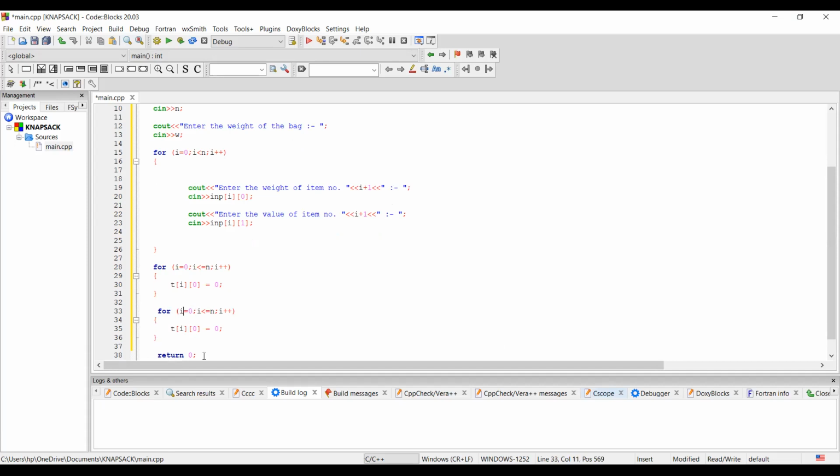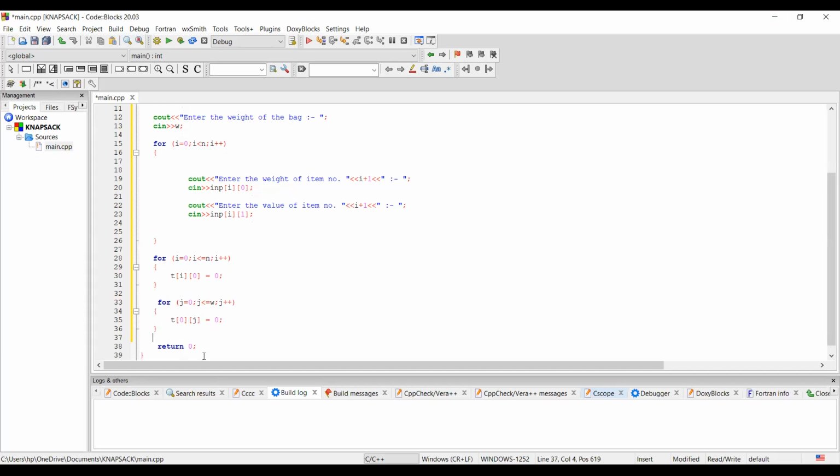So how many columns do we have? For j equals 0, j less than or equal to w, j plus plus, T of the first row's jth column will be equal to 0.